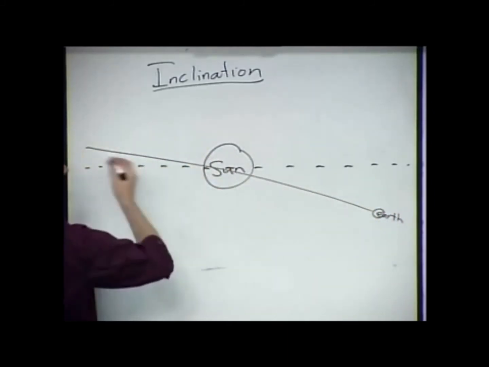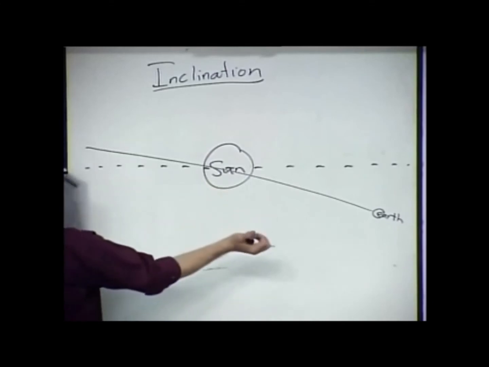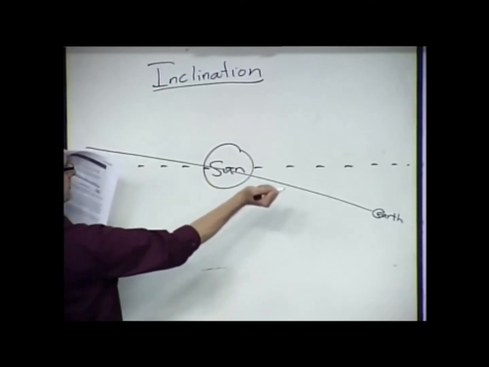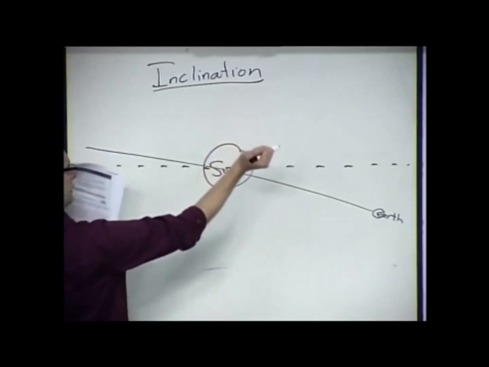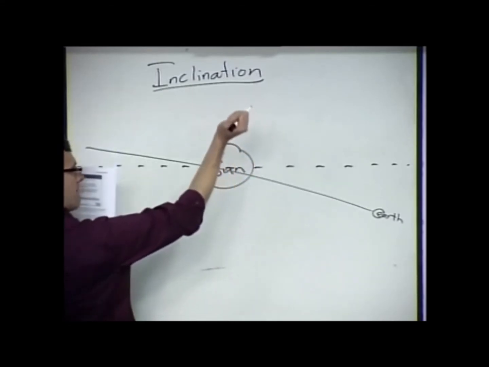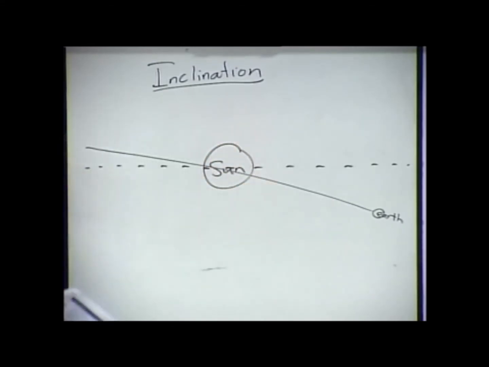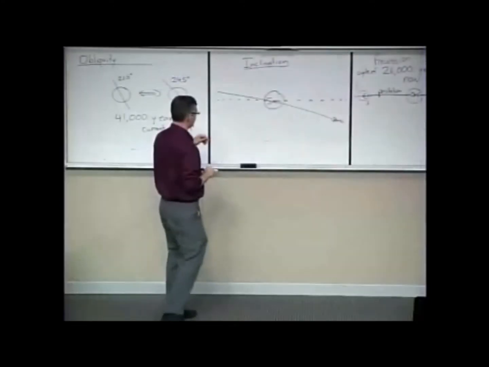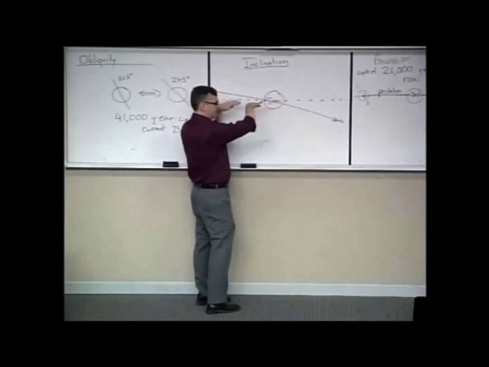And it'll go around and around in this fashion. But it also wobbles. It will tilt up and down and up and down over tens of thousands of years at least. Now, why would that change anything? Well, it has to do something with a question. We have to go back to a question that somebody brought up earlier, which was really good. And that is, does everything lie on a plane in the solar system?